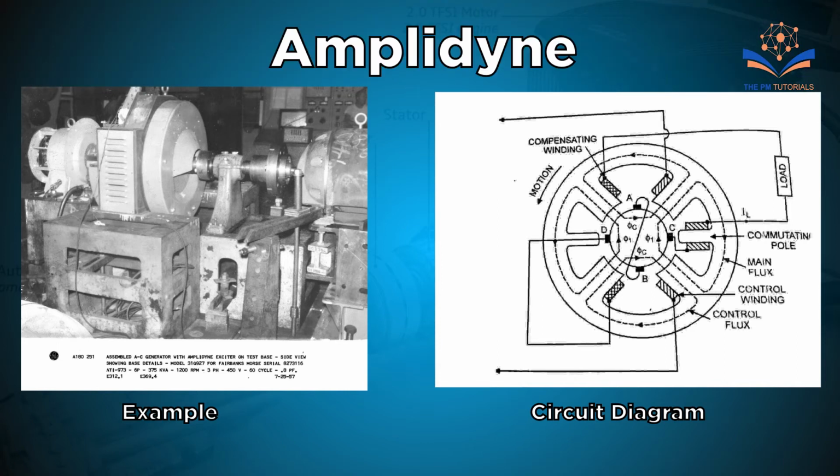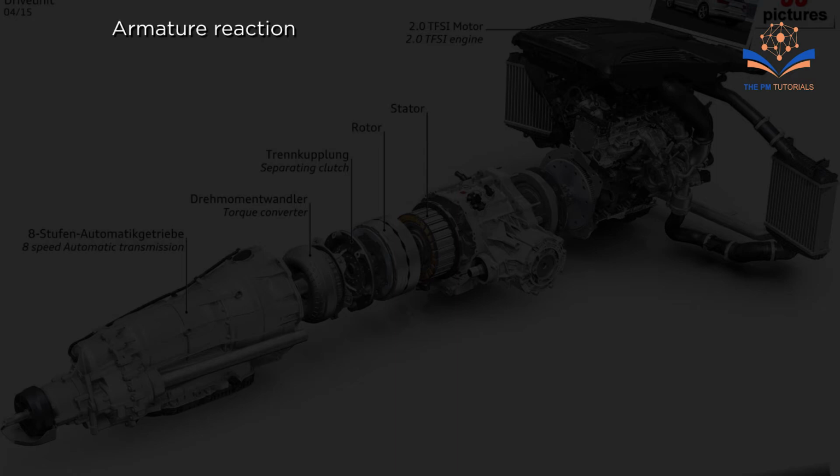We can say armature reaction is very essential in an amplidyne, a rotating amplifier. What is an amplidyne here? It's an electromechanical amplifier. It consists of an electric motor driving a DC generator. The signal to be amplified is applied to the generator's field winding, and its output voltage is an amplified copy of the field current, which is used in high power servo motor and control systems to amplify low power control signals to control powerful electrical motors. So it is a kind of electromechanical amplifier.